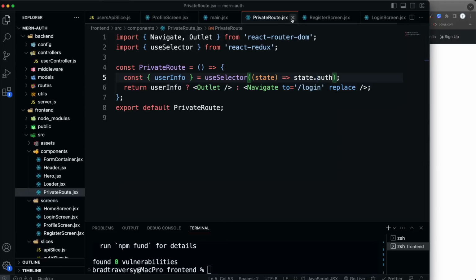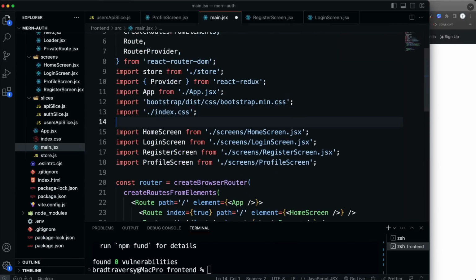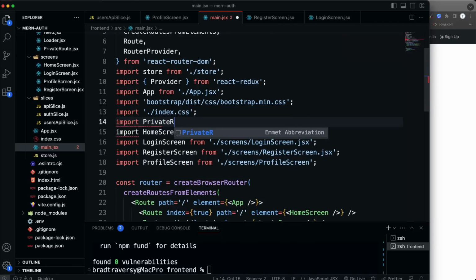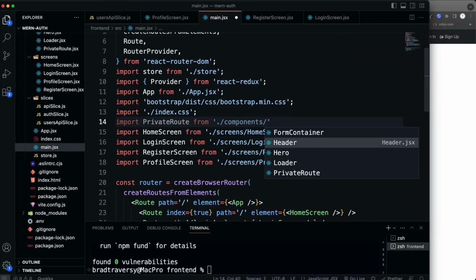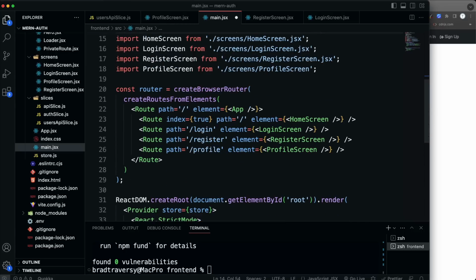So to implement this, we go back to our main.jsx, and we need to bring that component in. So let's say import PrivateRoute. It's really annoying that's not auto-completing. Import that from ./components/PrivateRoute. And then what we have to do is just basically wrap whatever routes we want to be private. We just want to wrap with